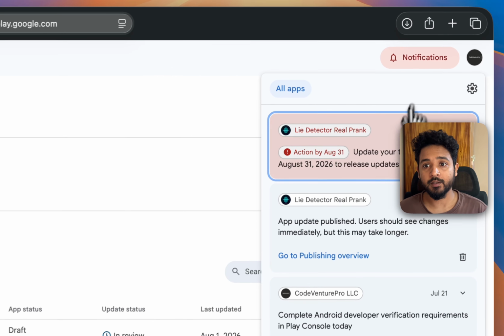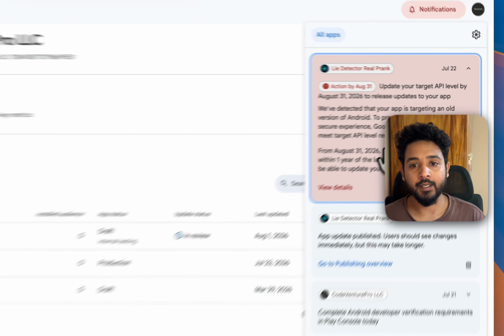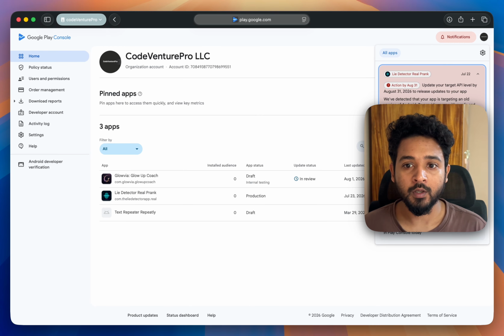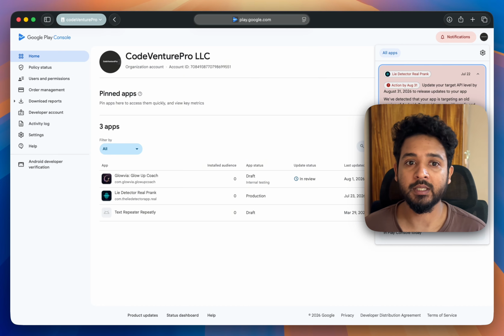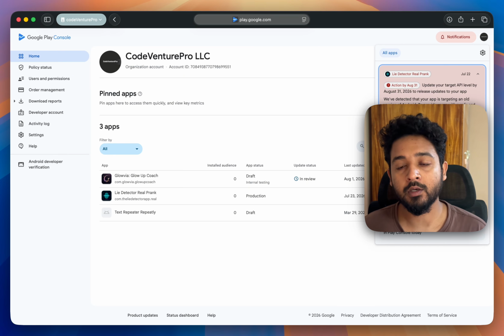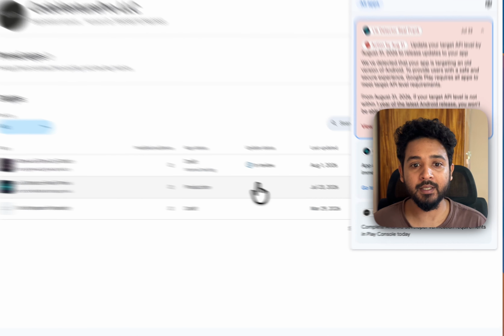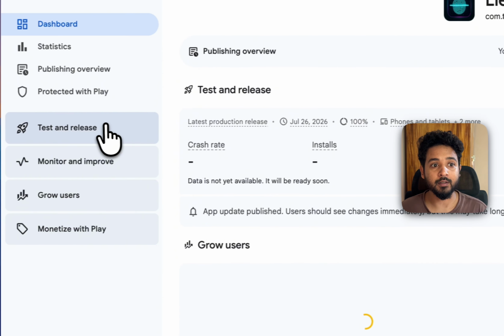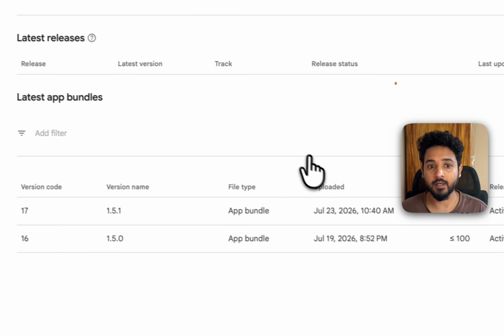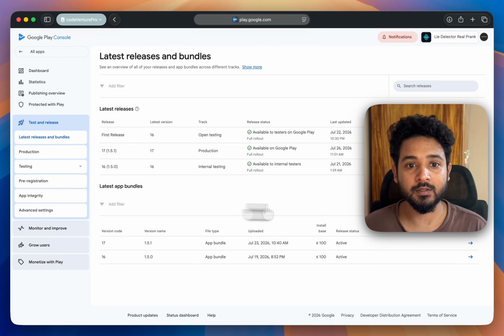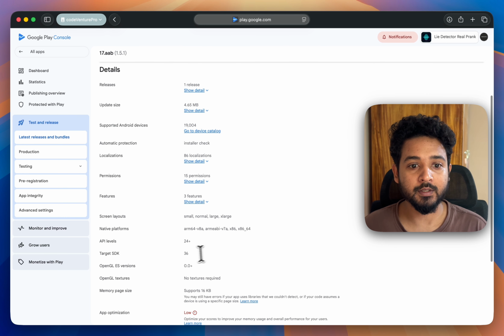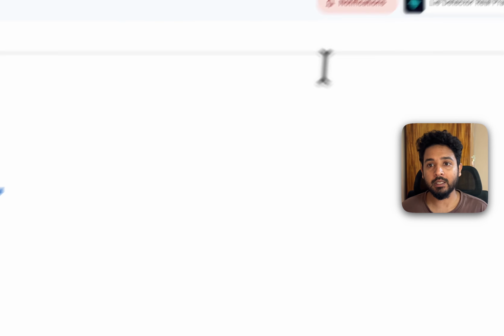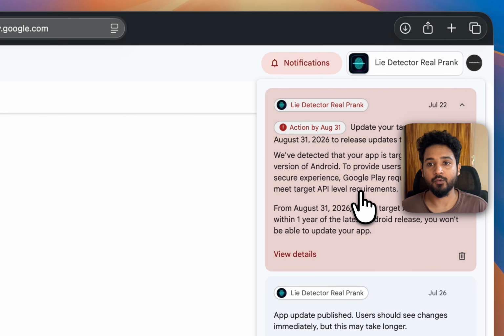We have already seen how we can solve these issues and update the applications, right? Now it's still in here. A few of them told me that this type of issue is still available in here, but the application is already on 36, right? You see that it's also 36. If I go to this bundle, then you will see this is the 36. Yeah, SDK is 36, right? So still the notification is here and the warning is showing here.